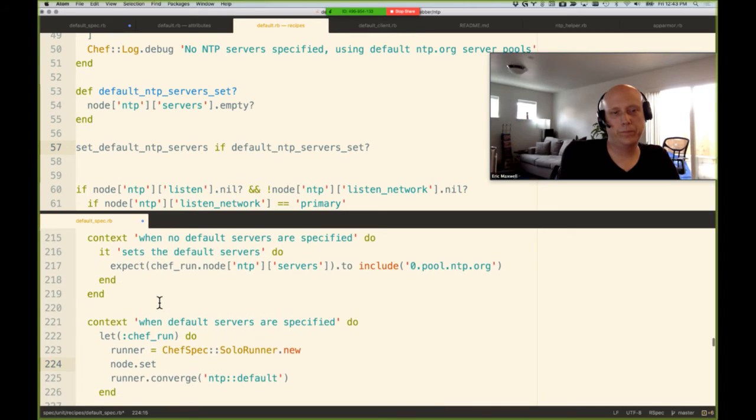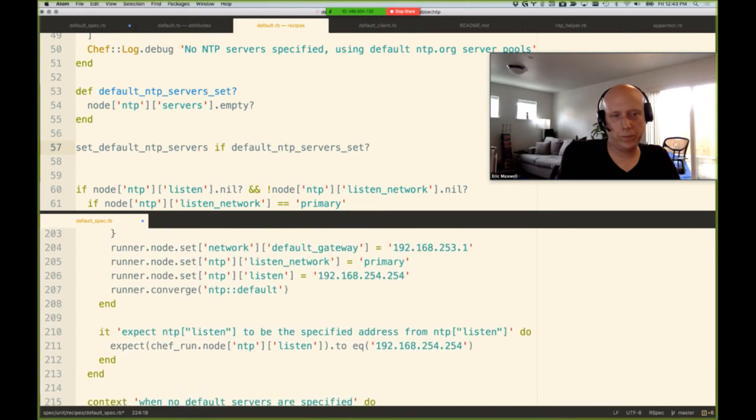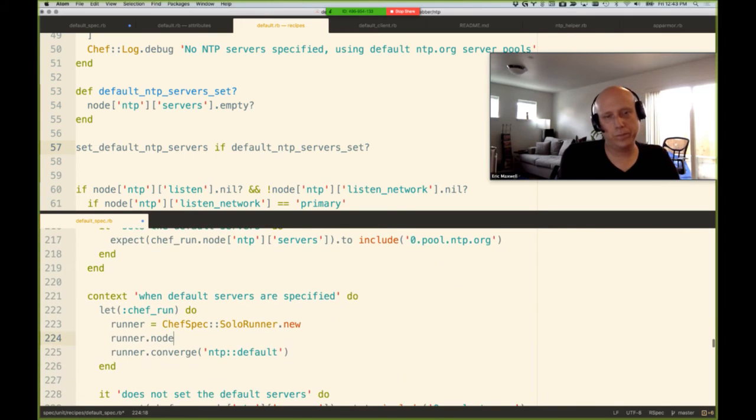Right? Don't just say node dot. Oh, probably runner dot node dot. See, this is new for me. Runner dot node dot set. So we'll say runner dot node dot set, and then you said something like